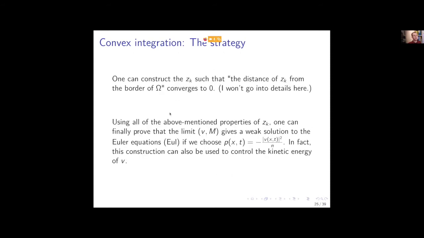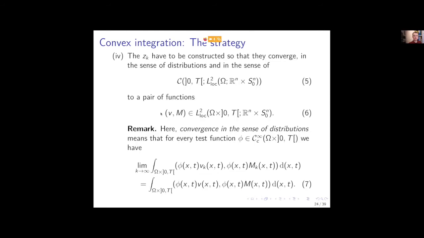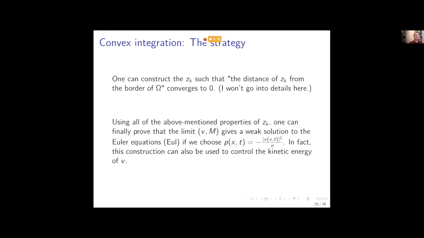And you can prove that, again, there's a way to measure the distance to this special function space that I'm not describing here, that is described in the text. You can measure the distance of the zk to that function space, and if the distance goes to 0, you can prove that this limit in the distribution sense Vm, or generally it's going to be z, is also a weak solution of the Euler equations, and that it has very nice properties.